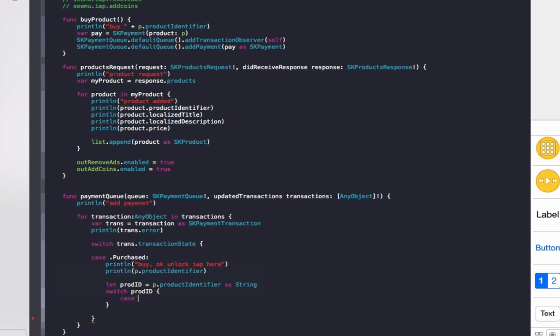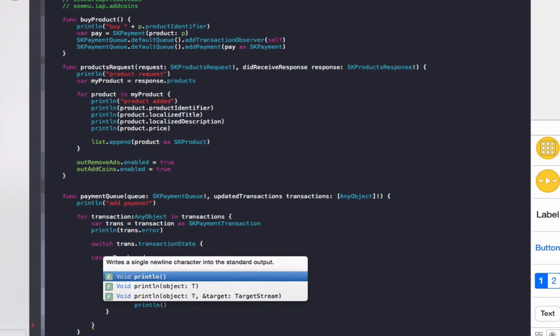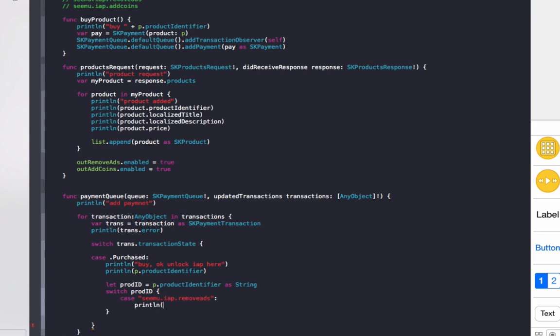Do a case here. This will be Seemu.IApp.remove ads. And at the moment we'll just do print line remove ads. So we'll come back here and actually add the code to remove the ads. But this is the way you put in the code once the actual purchase has gone through. So do